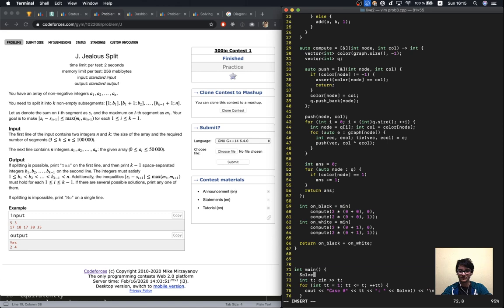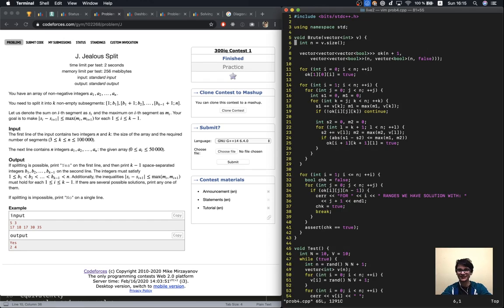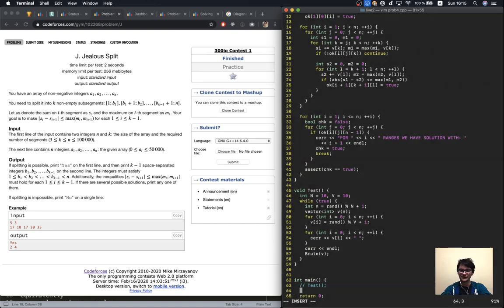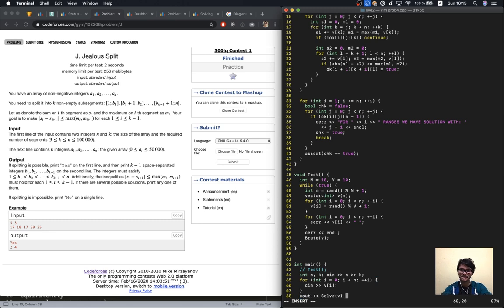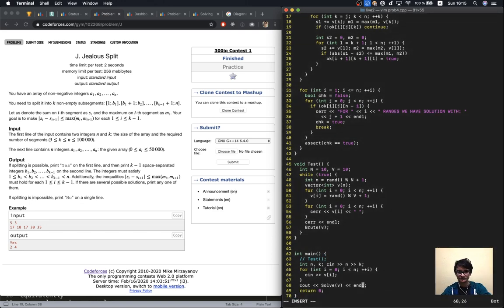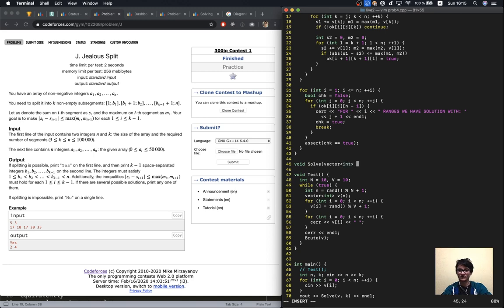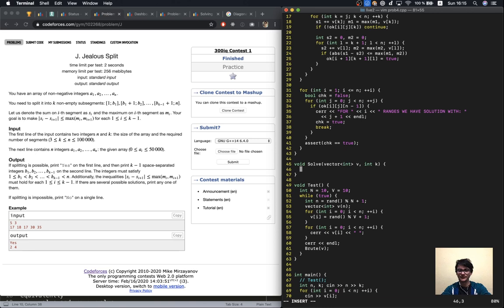So let's do solve, or like let's call it, oh, this is a different task. Prob 4. We have brute, we have test. Let's do actually a solve. So int n, int k, which will read. We read the input. And now we binary search. So int b equals 1, e equals n minus a length is n, while